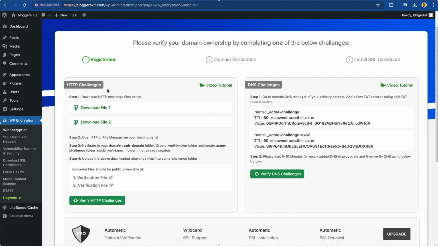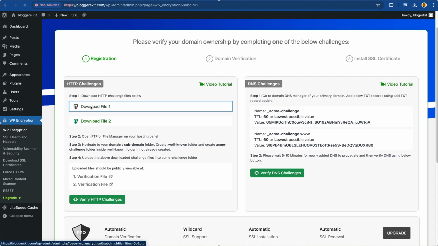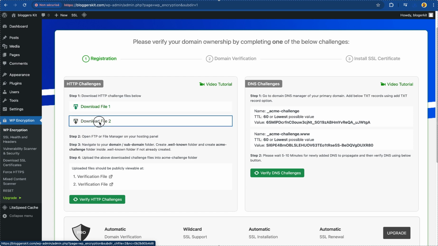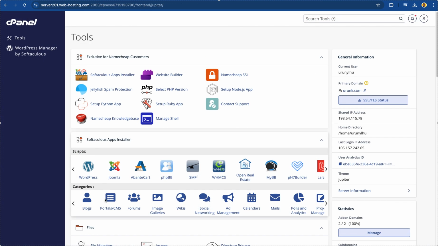Now you need to verify your domain ownership using one of two methods: HTTP challenge or DNS challenge. I prefer using the HTTP method as it's simpler. For this, you will need access to cPanel. In your hosting cPanel, go to File Manager under the Files section. Click on